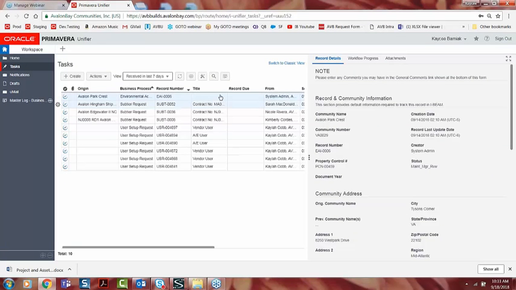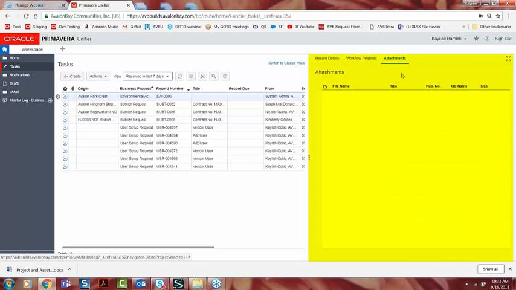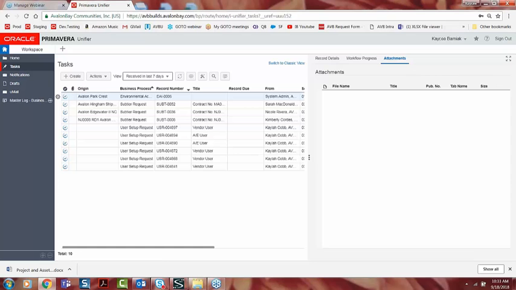And the way that I know that this is Standard is because I have the ability right here to switch to Classic. Right? And if I click on a record on the right-hand side, I can get some details, the workflow progress, and then the attachment. So those are some of the advantages you get with the upgrade. That's not what this call is about, but it does help us lead in when we are talking about the